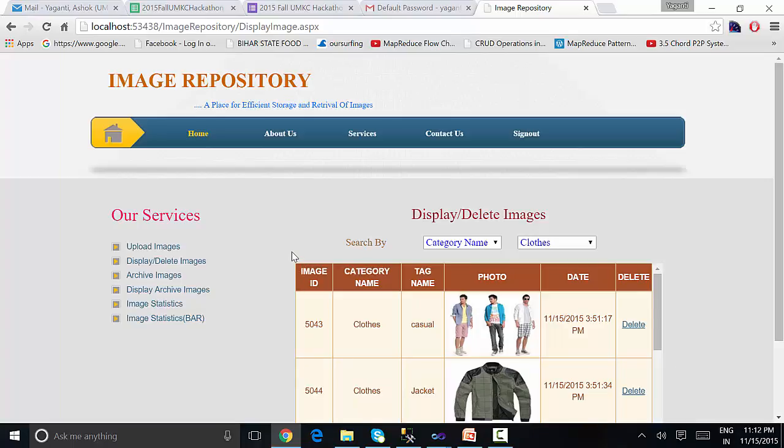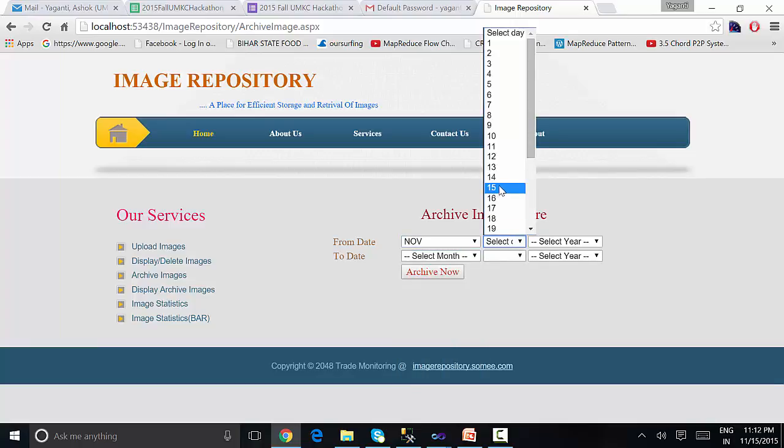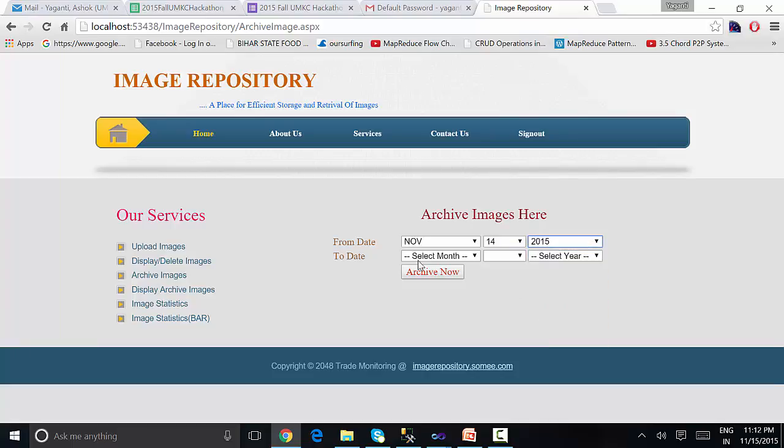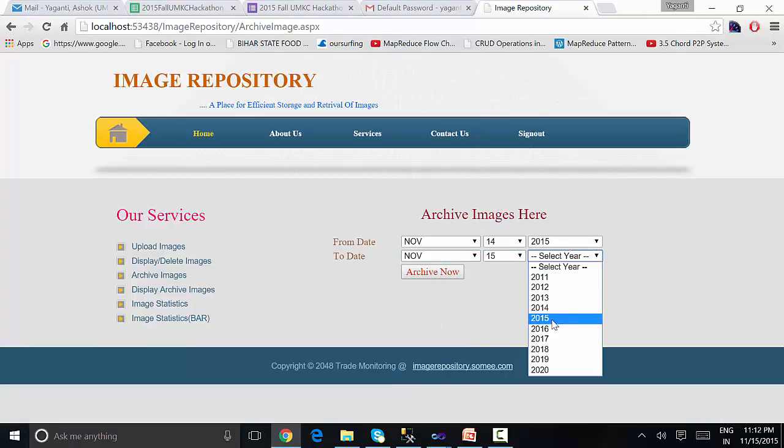So we have provided the option to archive the images. Here the user can archive the images. Give the from date November 14, 2015, and the to date, suppose today's date, 15th November 2015.